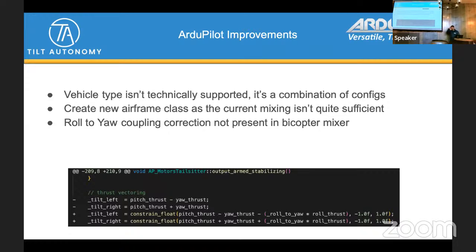So I think the interim step for me is probably going to be to just create my own vehicle class. I would like to sit down with Peter and Tridge maybe and see if I'm missing something obvious where I could just add a couple lines of code to clean up the transitions. But ultimately, where the whole ArduPilot project needs to go in the future, to be more robust to these kinds of vehicle types, is exactly that. It's like what Leonard already presented.